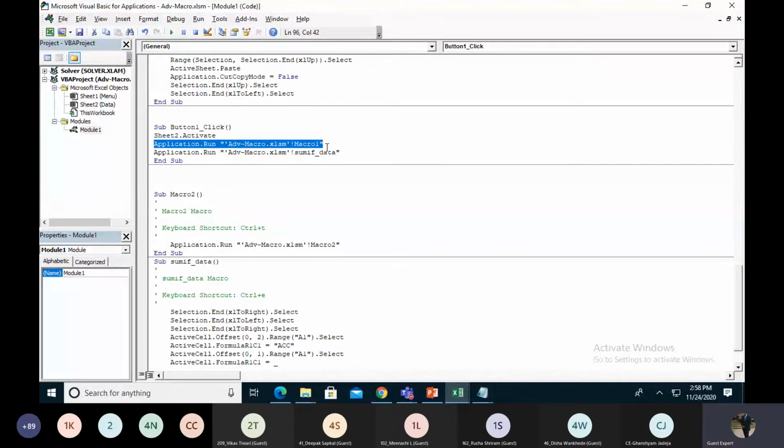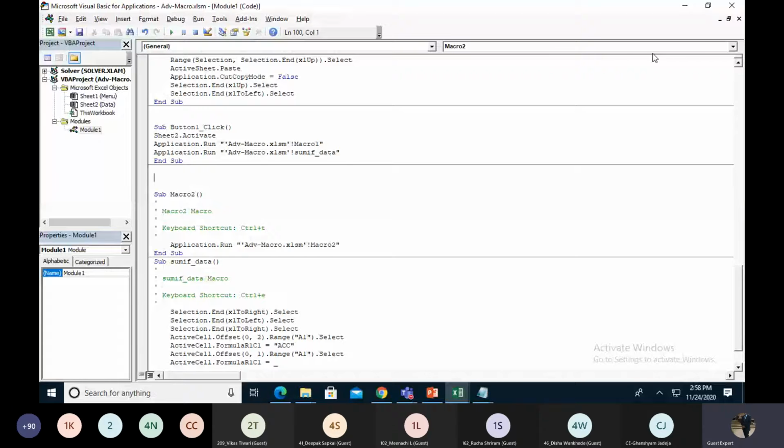Then they apply another macro, which is a SUMIF data macro, and it gets the data over there. But right now it looks like they are using only one macro. So as per need, we create macros and we can add them to these buttons with this kind of code. So please remember this code. We can do multiple data-wise macros as well.